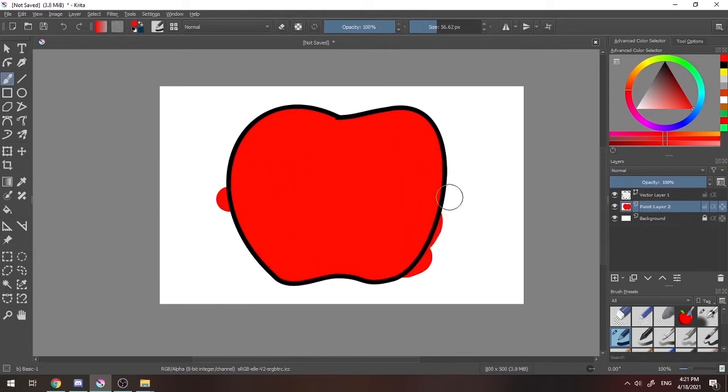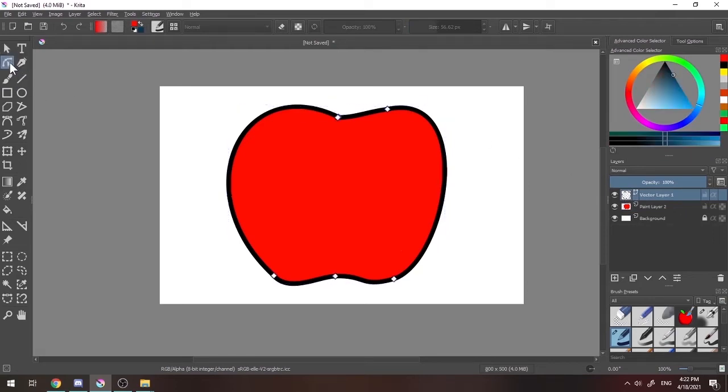Okay, so now you have a little bit of paint over here. You can erase it by hitting the E key and just erase it. And if you don't want to erase anymore, just hit E again, or this icon right here. You can still change the shape of the apple, but you have to repaint it. But it's fine in some cases, like mine right here. Okay, so now that I changed the shape of the apple a little bit, we can proceed to making the